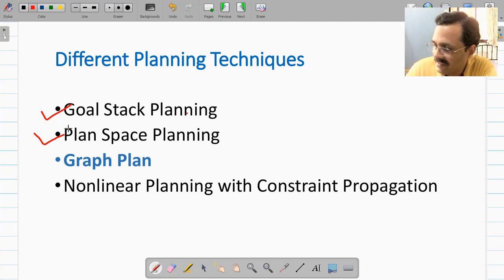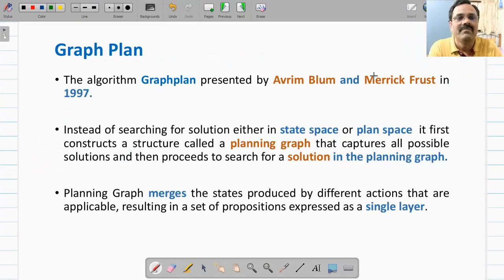Now today we are going to discuss a completely different planning technique called graph plan planning technique. Algorithm graph plan was presented by Blum and Furst from CMU in 1997. It has taken a completely different approach if you compare that with our earlier algorithms that we have discussed, that is goal stack planning and plan space planning.